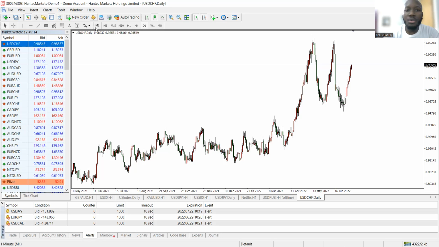So the time frame that you are going to be using is based on, one, the type of trader that you are, and two, it must fit your lifestyle and your personality. If you are a surgeon, I wouldn't advise you to be a scalper, because you might not really have time during the day, based on your 9 to 5 or whatever you are doing. If you don't have time during the day, then I wouldn't advise you to become a scalper. You could easily be a swing trader.